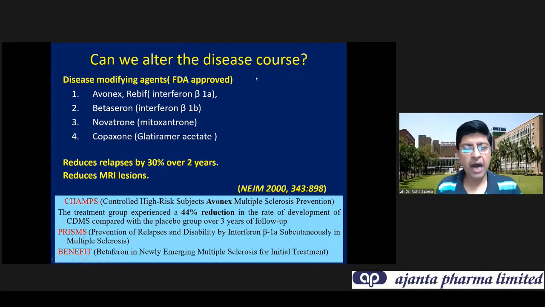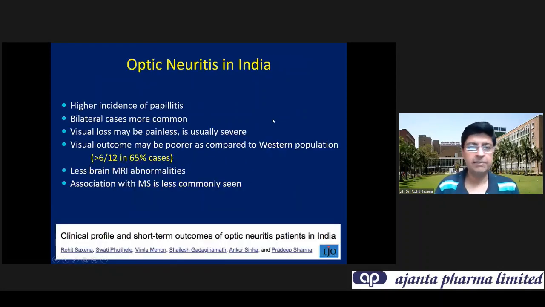So the importance of identifying multiple sclerosis in the beginning is because we now have the availability of disease-modifying agents. Of course, this has to be given in association with a neurologist. And we have seen over a lot of studies and clinical experience that these disease-modifying agents can actually help to delay the progression to multiple sclerosis and the presence of disabling disease. It has shown reduced relapses by over 30% over 2 years, and of course has shown a reduction in the MRI lesions. And these have now become a standard of care for managing optic neuritis, which has a risk of going on to multiple sclerosis, and of course management of multiple sclerosis.